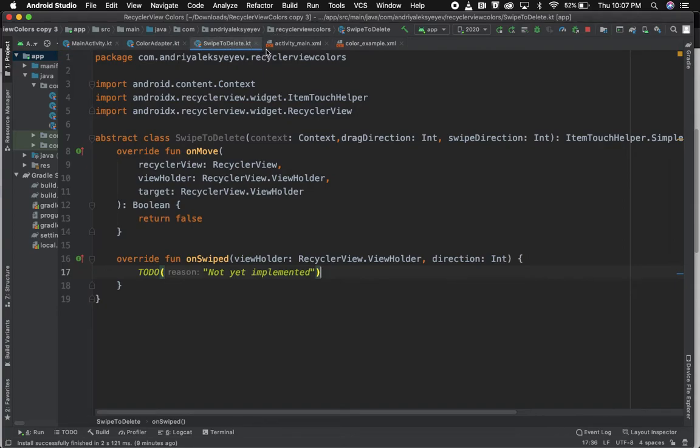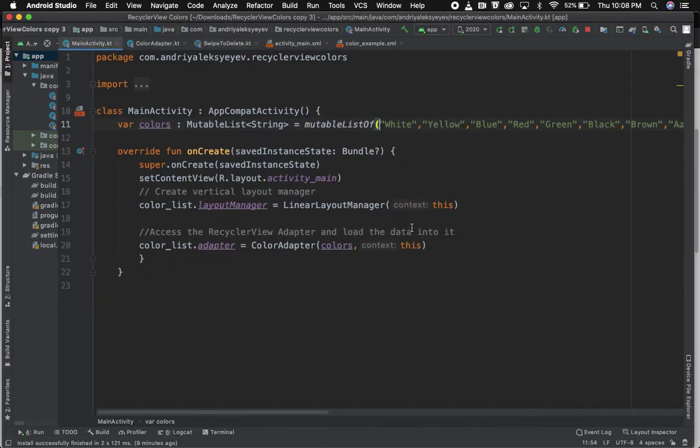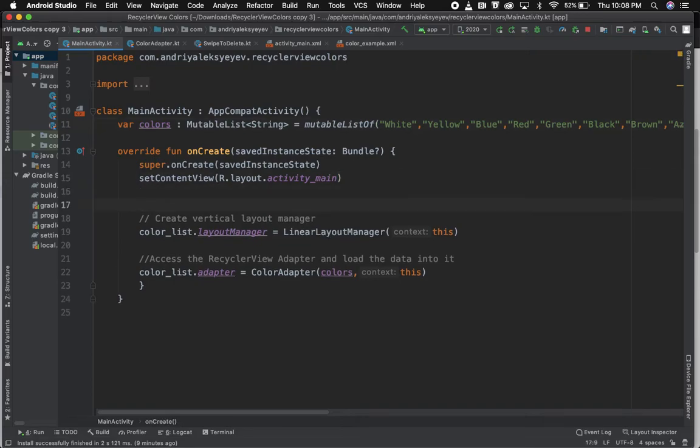Now let's go to main activity. We need to do some changes here too. When we created this layout manager, it was just basic, simple. We didn't need anything but to just have it there, linear: color list layout manager equals linear layout manager. However, this time we need to, let's go in onCreate here, and we're gonna say